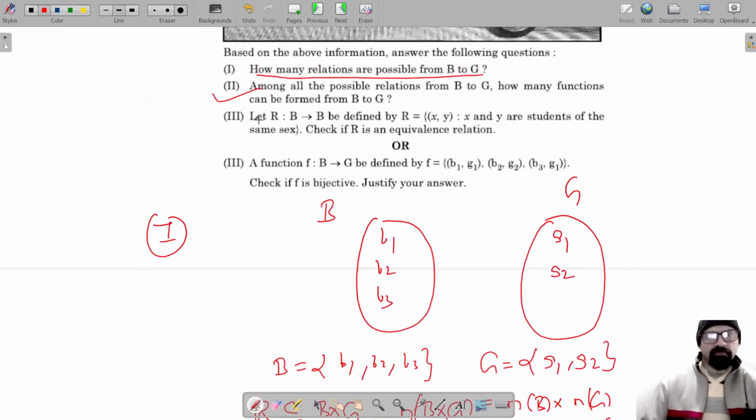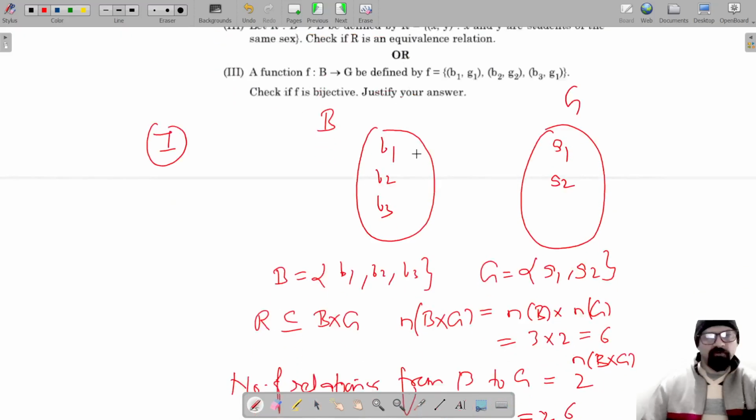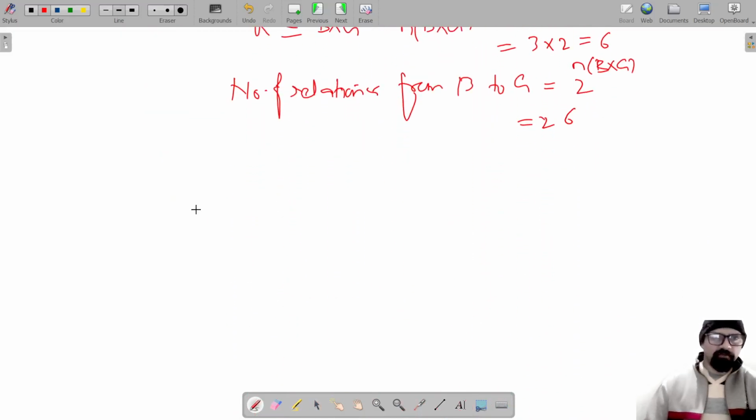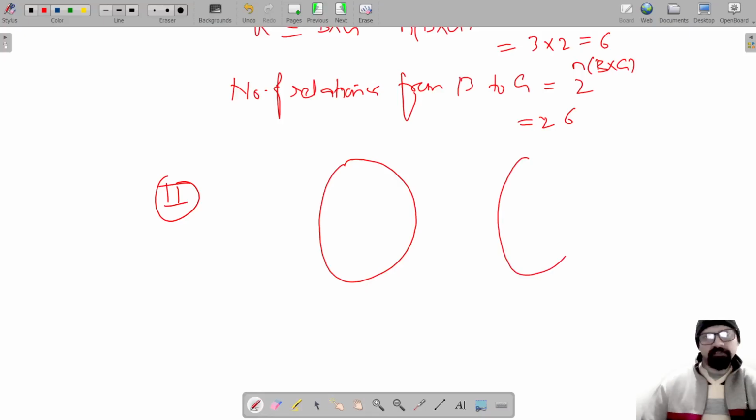from B to G. Now, for second question, among all possible relations from B to G, how many functions can be formed from B to G? अब दूसरे question में कितने functions बन सकते हैं, मतलब कितनी तरह से आप map कर सकते हैं। तो ये है function domain, ये है codomain। यहाँ पे है 3 elements B1 B2 B3, और यहाँ पे है G1 और G2।